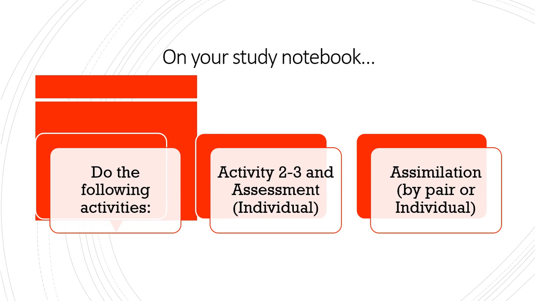But if you decide to work with a partner, I just want you to write your name and the name of your partner on your answer sheet. So both of you still will have copies of your answer. So I don't mind if it's the same because you are partners. I just want both of you to have the answers on your answer sheet. Same with the online class. For the online class, choose a partner if ever you want a partner, but if you want to work alone, then it's fine with me. You have to include your name and your partner's name on your study note.